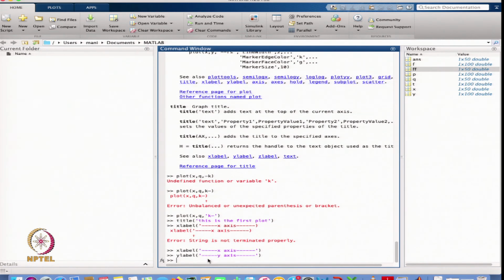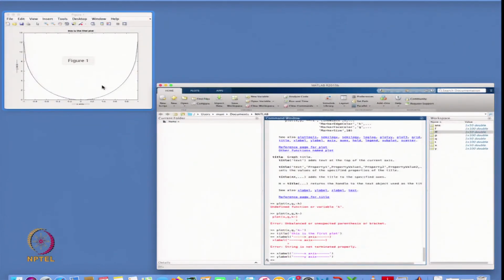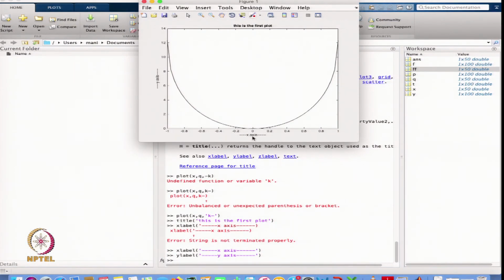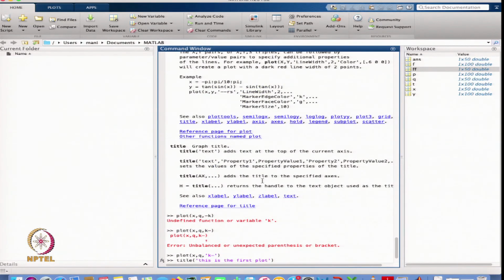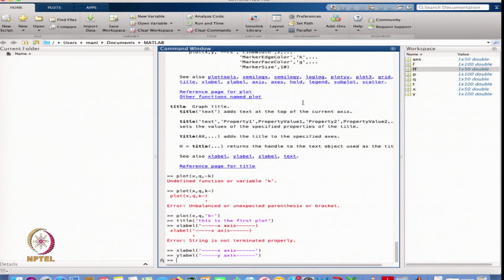Y axis. So, now your plot is complete. This is the x axis, this is the y axis, and that is the title. All these things we can do with the help of all these commands.